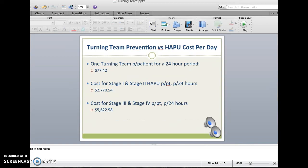Now, if you look at the turning team prevention costs versus the hospital-acquired pressure ulcer costs per day, one turning team per patient in a 24-hour period will cost your hospital $77.42 for a 24-hour period for one turning team. The cost for a stage 1 and stage 2 HAPU per patient per 24 hours is going to cost you $2,770. The cost for a stage 3 and a stage 4 per patient per 24 hours is going to cost you